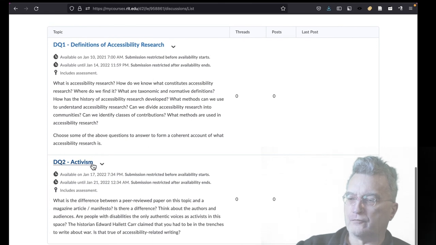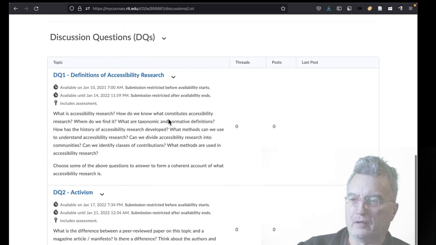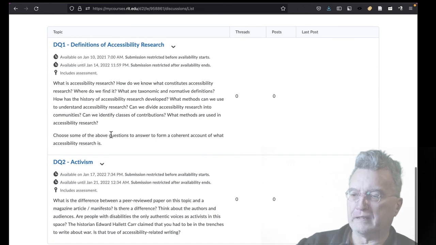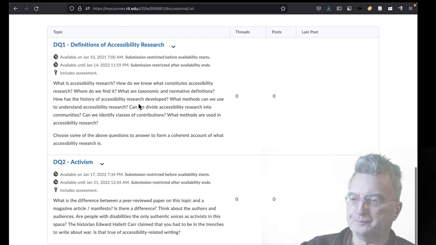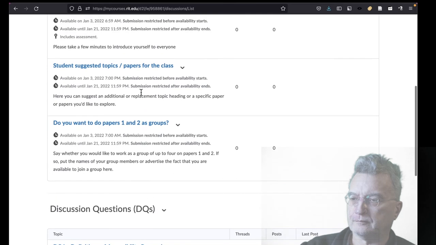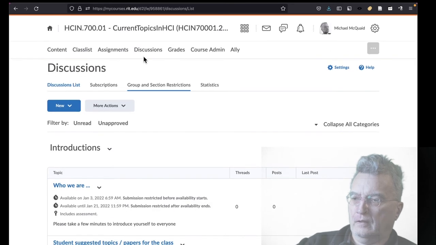And then I have the one for the second week set up, but I don't have any of the further ones set up. I'll have those set up as we go along, and they'll be available only at the beginning of the week when they're due. Okay, that's about it. Let's see, grades, you don't have any grades yet. Course admin is just for me. Accessibility, this just opens in another tab and shows